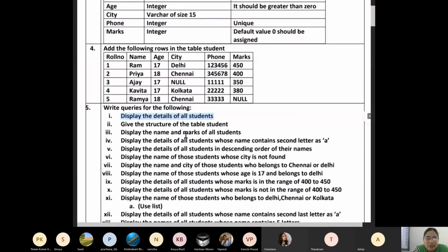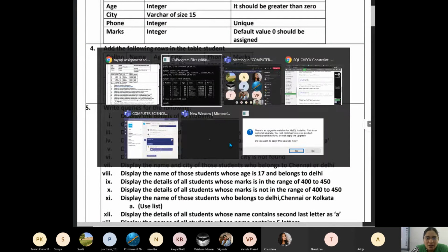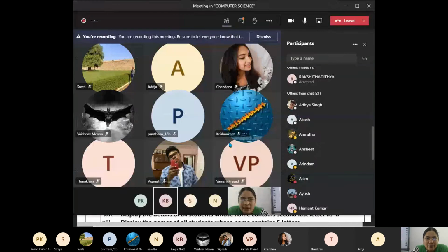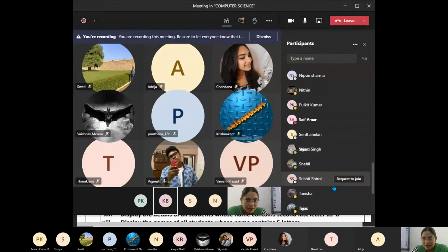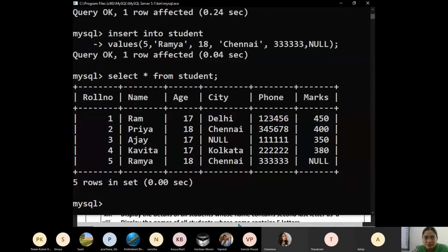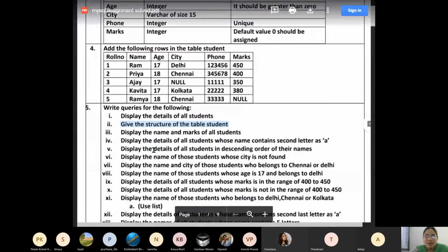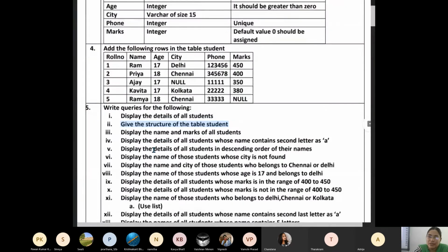So next one, give the structure of the table student. Give the structure of table student. Namita, are you there? Namita, can you answer, ma'am? Give the structure of the table student. Namita, give the structure of the table student.